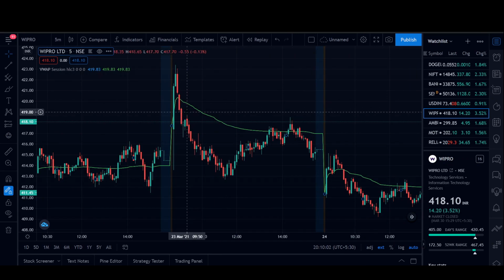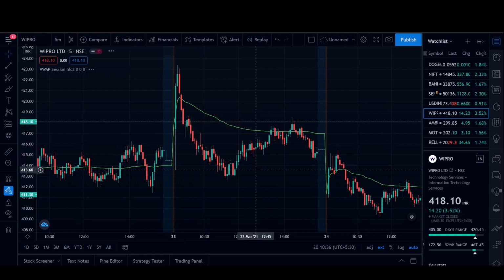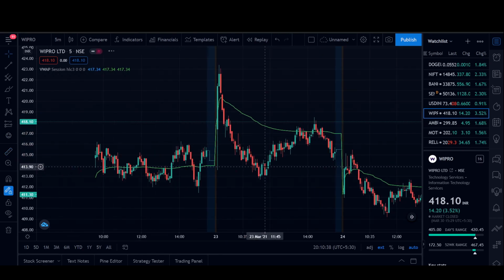As we can see here, on March 23, the candlesticks are below the VWAP, so it's indicating a short. It's indeed indicating a short. The price broke down from here, a big bearish breakdown, and it's below the VWAP, indicating a short. So we could have probably shorted, let's say even 1%. 1% is a very good target with leverage in intraday.